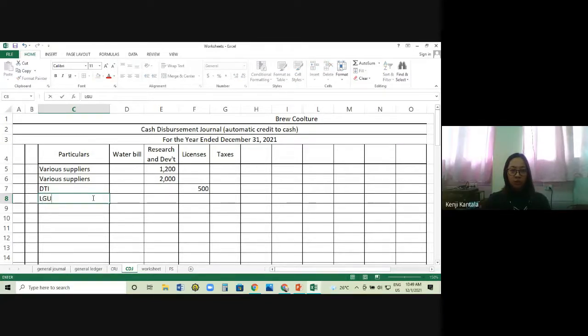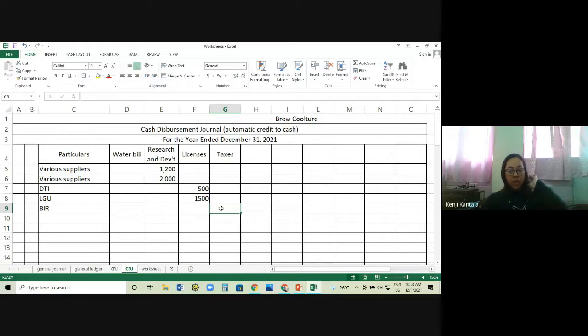Okay. So but we will assume na lang na nag-register tayo, so that we have our LGU here. So licenses, let's estimate that to be at 1,500. Although mababa actually ang 1,500, but let us assume na 1,500 muna. And then next we have our registration with BIR. Okay? So annual registration is at 500. So let's put it at 600. Baka may tanungin na documentary stamps at ibang other needs. Okay? So after registering our business, we have to do now our operations.